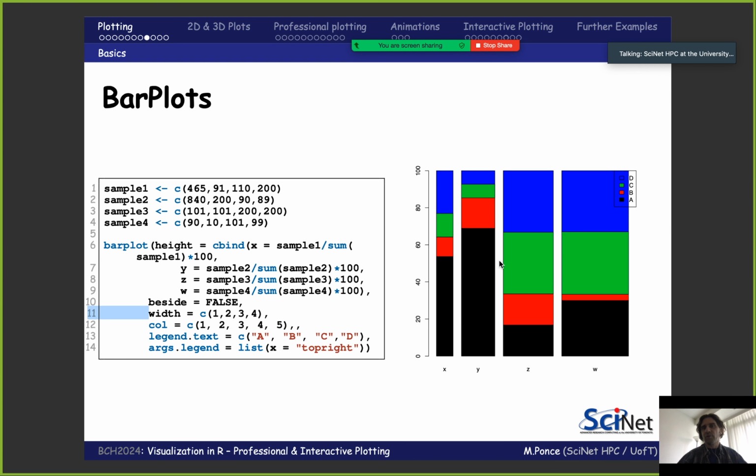I could have put top here, and it will show here top in a better position than what I decided to do here. The names, X, Y, Z, are the names of the columns in the data frame, and that's where these ones come from. Okay, so again, a nice and useful way to create another type of visualization of plot.